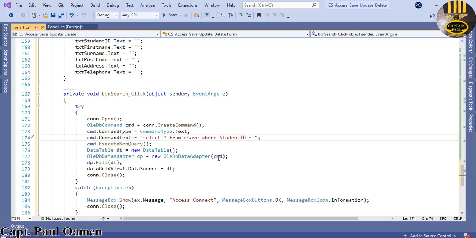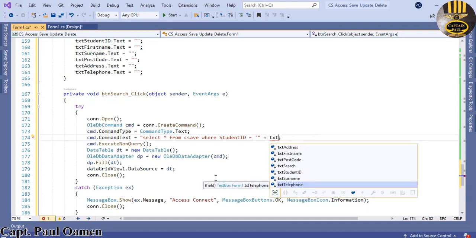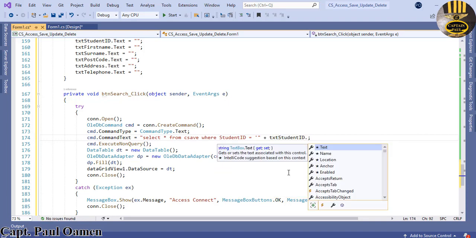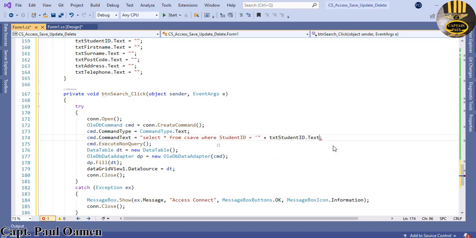So let's say that will be txt student ID, txt student ID dot text. So that is going to be 1. So we can search with student ID,